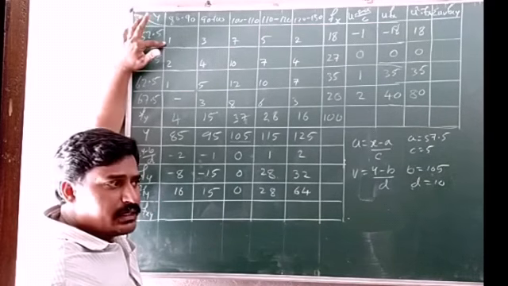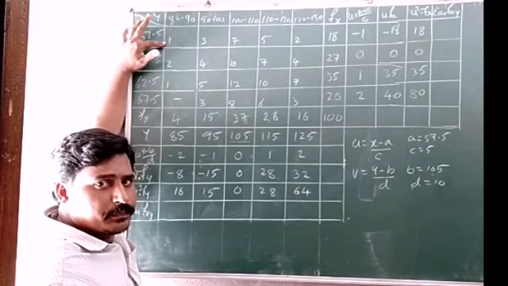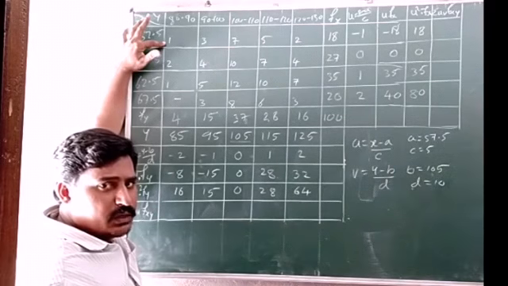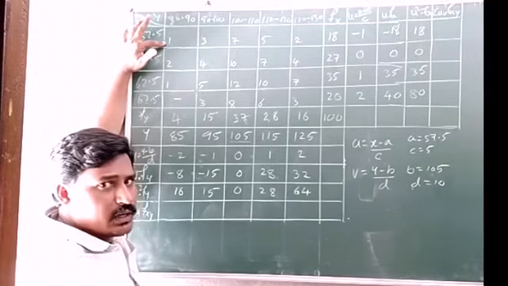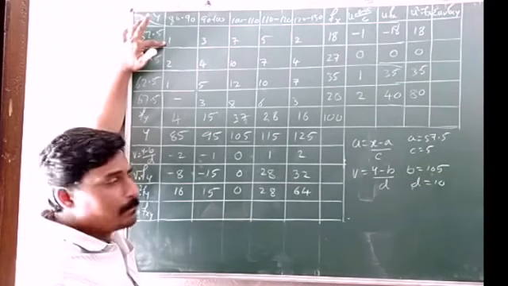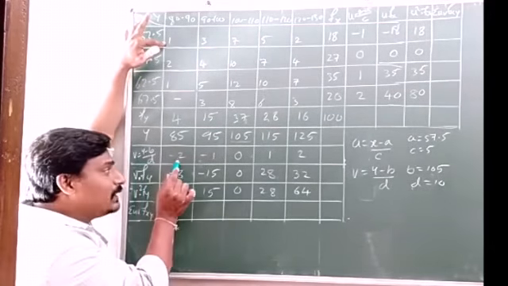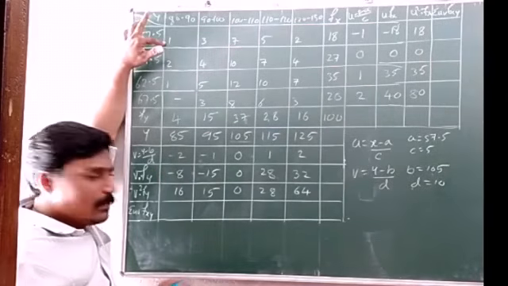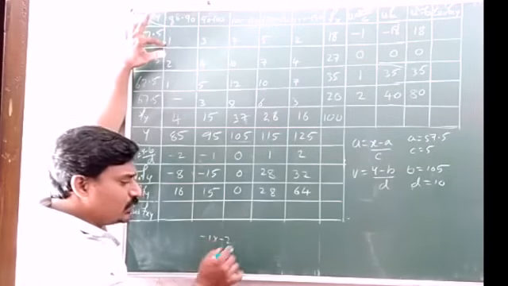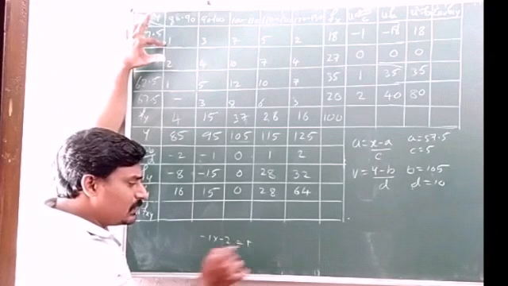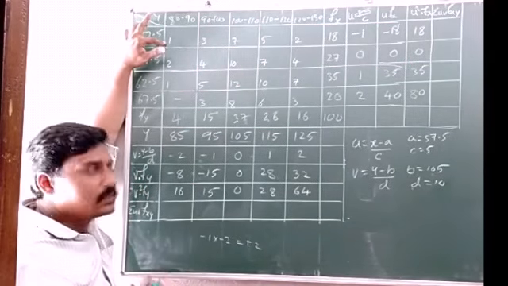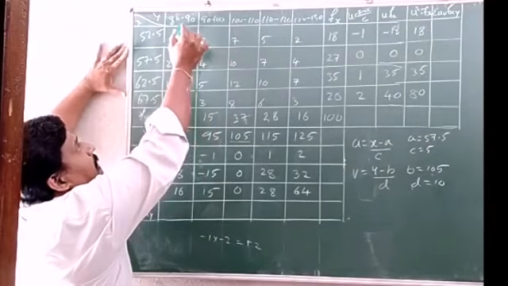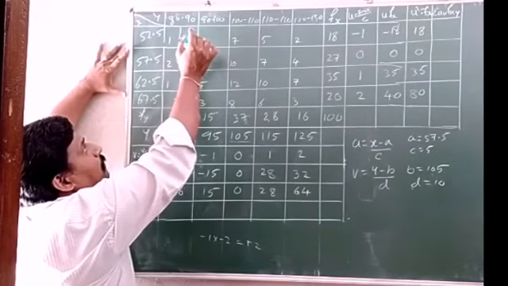Minus 1 into plus 1, minus 1 only. Minus into plus is minus, 1 into 1, 1, so we get minus 1. Minus 1 into V, that is minus 2 here. Minus 1 into minus 2: minus into minus is plus, 2 into 1, 2. Right? So write that here by marking a box here.